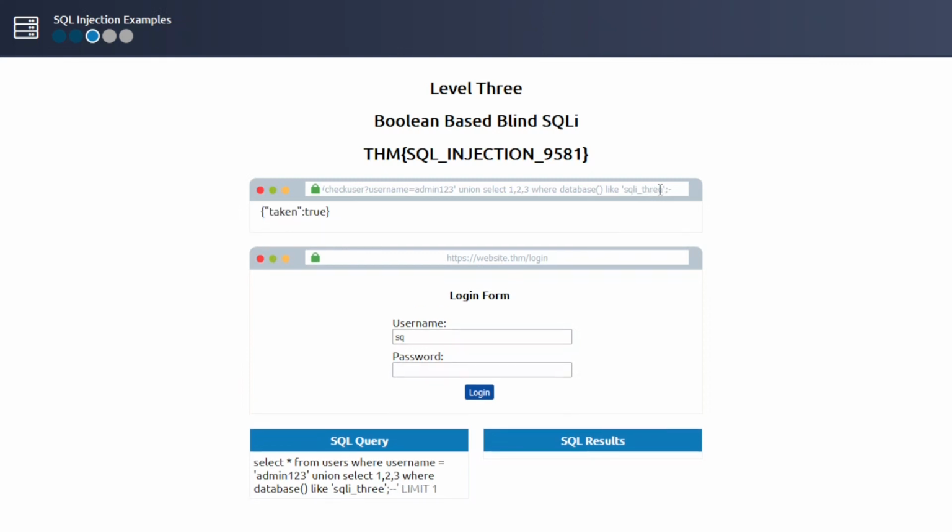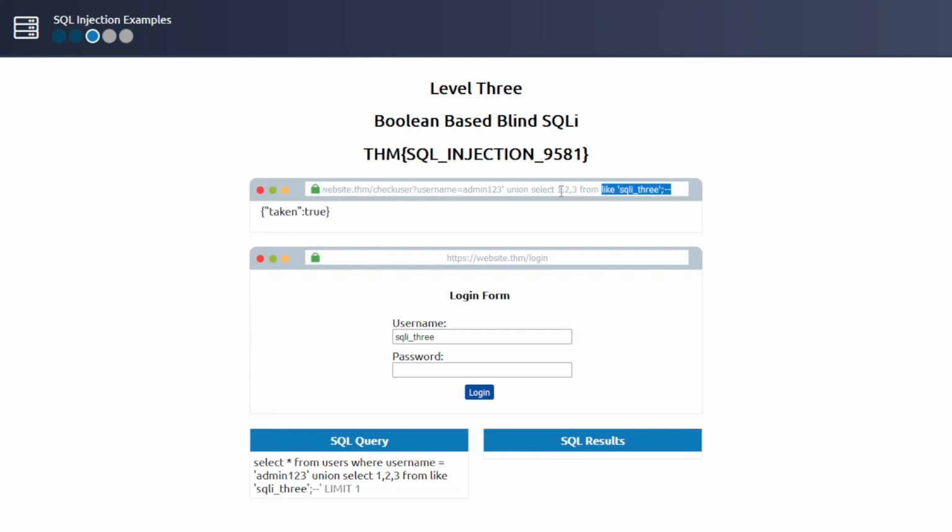So at the end, we get the name, which is SQLi 3. So now that we know the name of the database, we'll do the same thing to find out the table name and then to find out the columns for the table that we're searching for. So here, remove this, and we are searching, so from